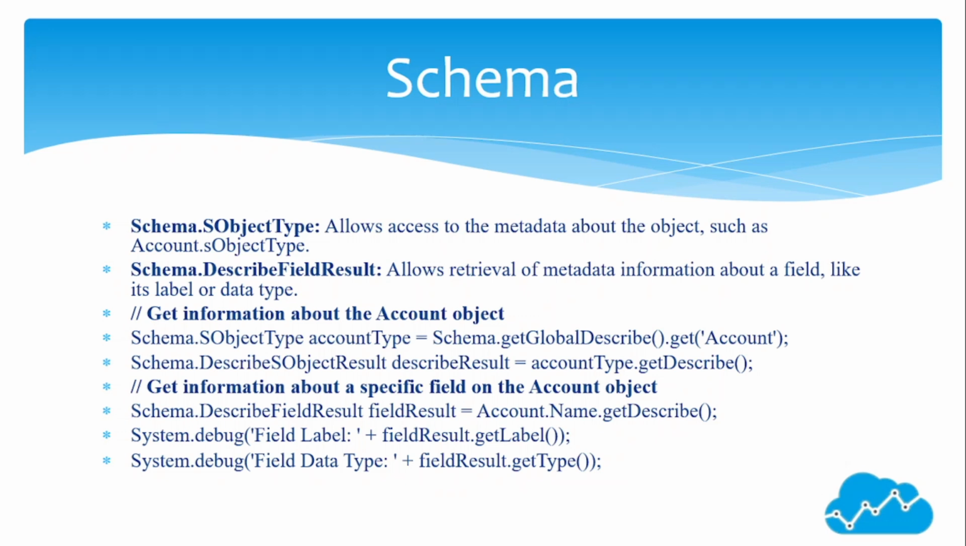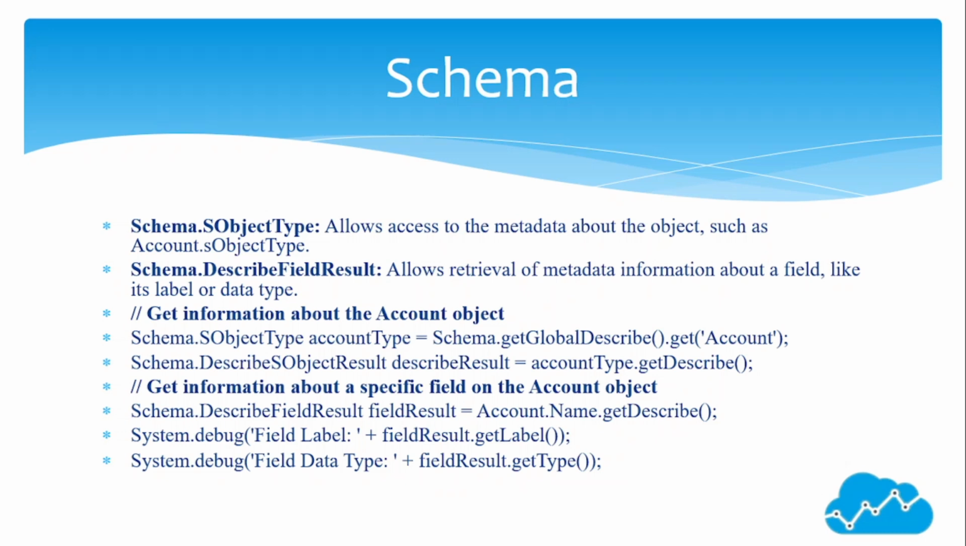Get information about the account object. Schema.SObjectType accountType = Schema.getGlobalDescribe().get('Account'); Schema.DescribeSObjectResult describeResult = accountType.getDescribe();